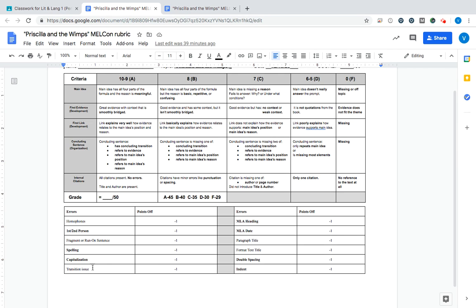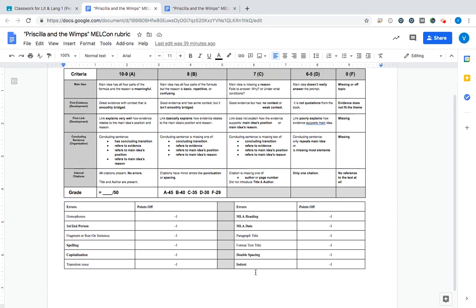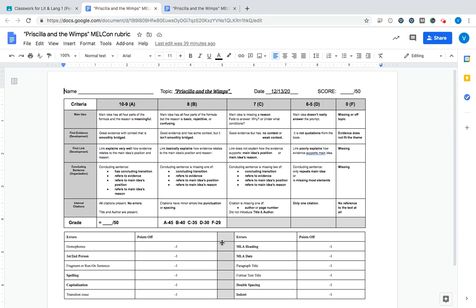Spelling, capitalization, if we're missing some transition words, our MLA heading. So we talked about MLA last week, so we need that correct heading with the correct way the date is written. You need to title your paragraph. You probably should be including the title of the work in your paragraph somewhere, double spaced, and then we indent at the beginning of the paragraph. These are things that we need to make sure we include. So these are things that have been talked about either earlier in class or last week when we talked about MLA. So that's going to be something you're responsible for, an additional responsibility this time.